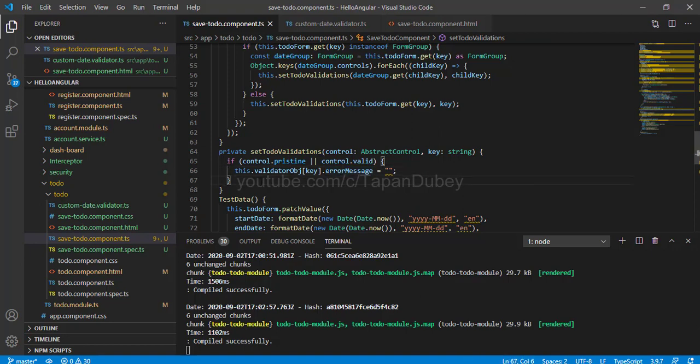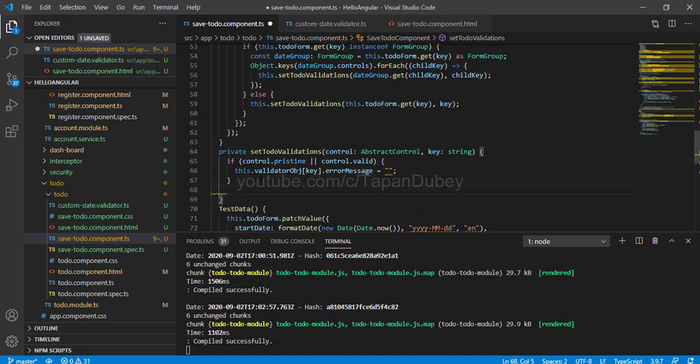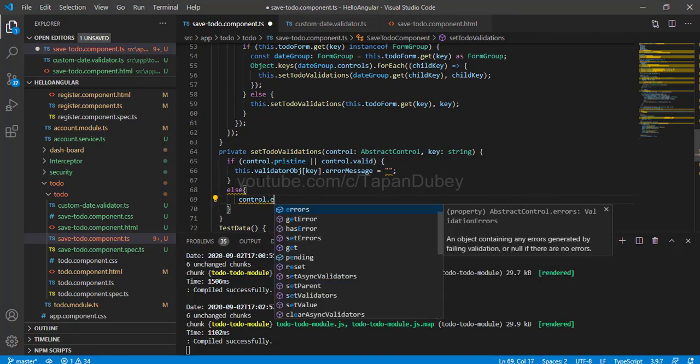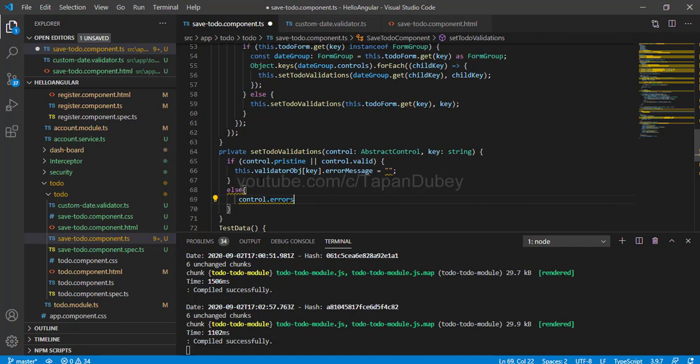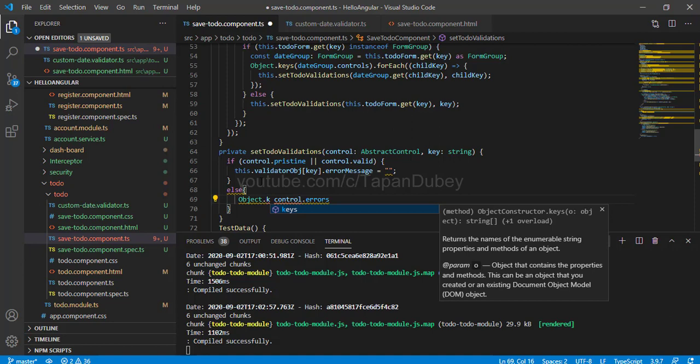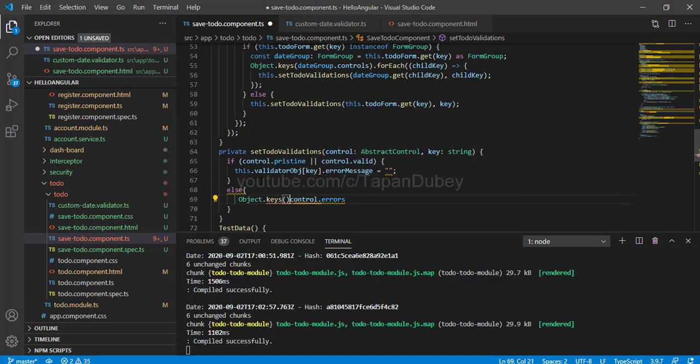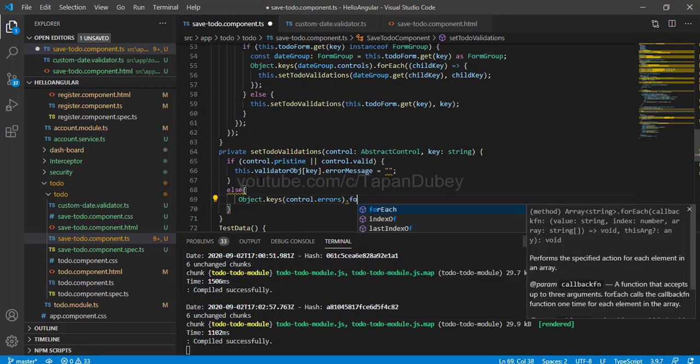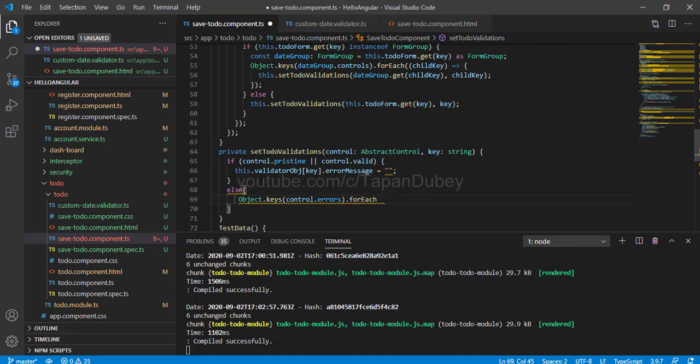But what if we have an error? So we need one else condition as well, right? So let's add an else condition here. And where will we have the error? Let me show you. control.errors. This is an object, and in that we have a number of errors for that control. So let me loop this, and how can we do it? Object.keys, and then I can use forEach,